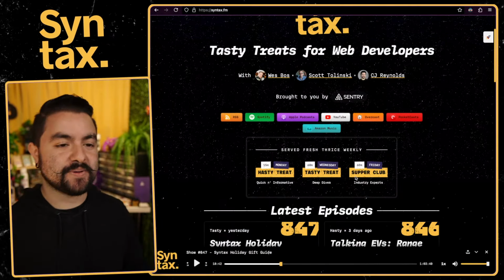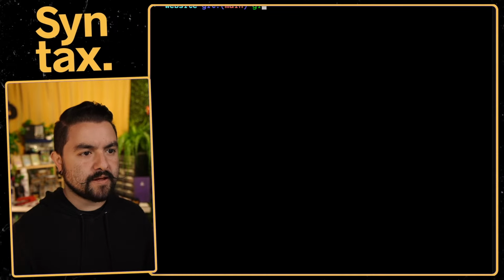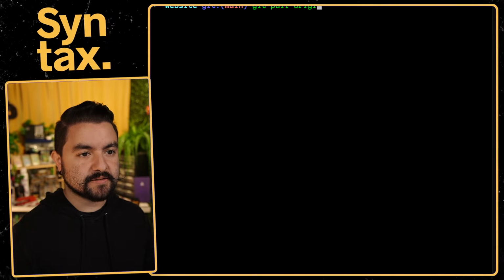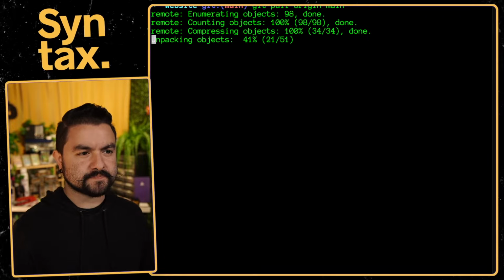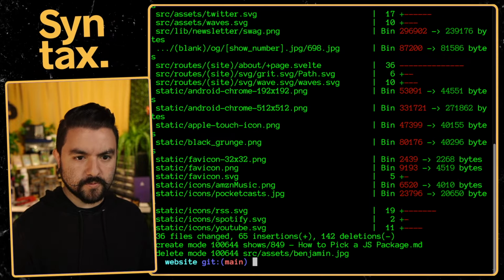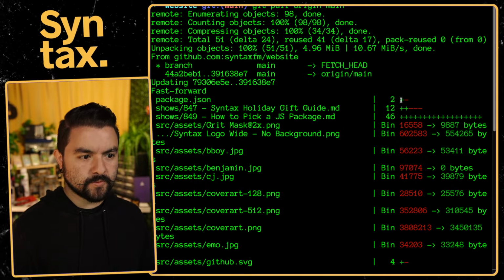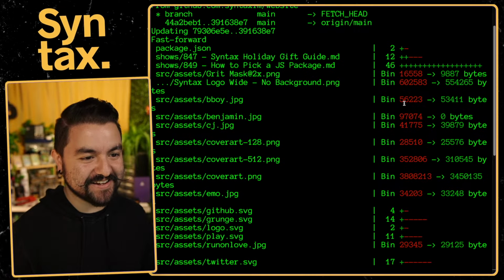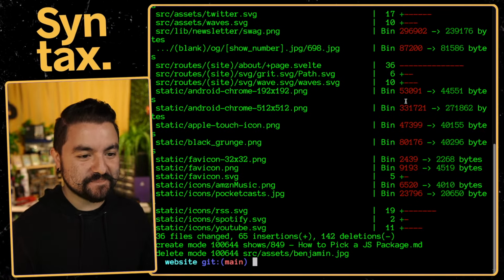So locally, I'm going to go into site, check out the main branch, pull all the latest. Whoa. Oh, okay. I was wondering what changed here. There's some image optimization that I think Scott added in, or someone added in, that changed a lot of our image files. So that's cool. Nothing